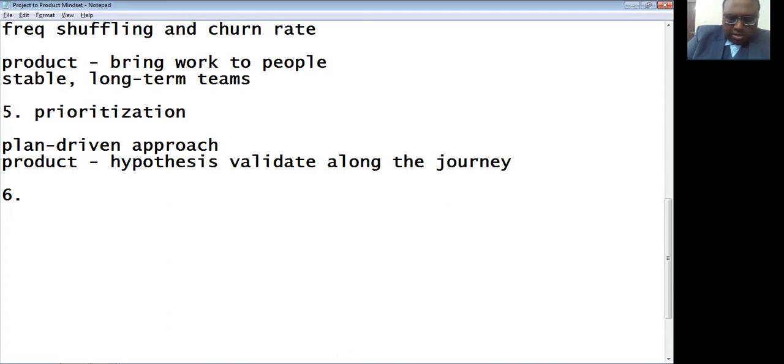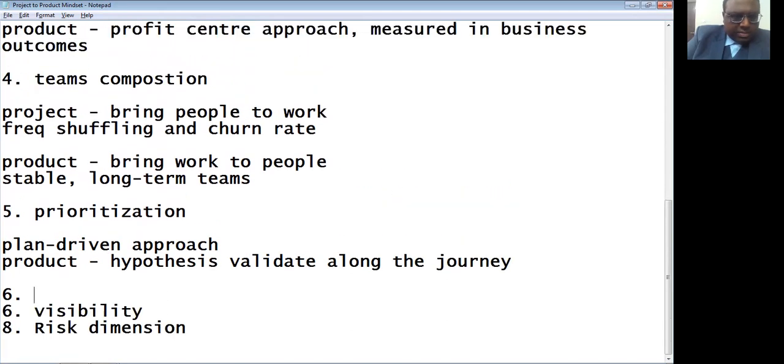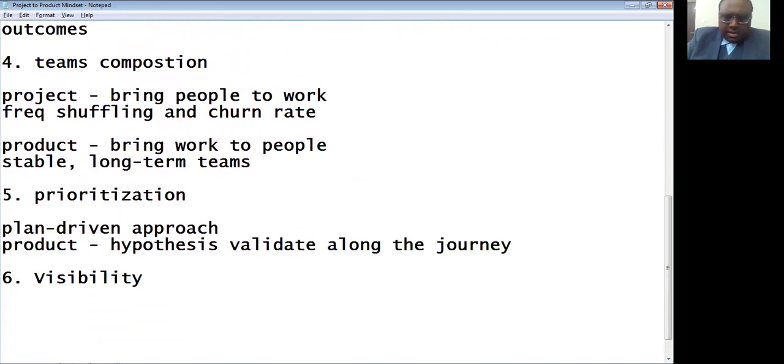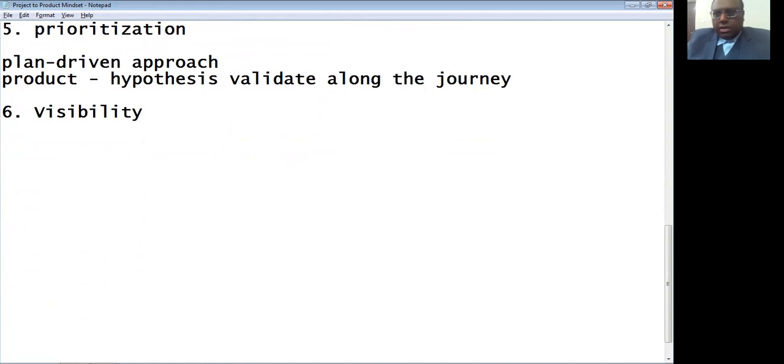Then let's talk about the sixth thing called visibility, in the interest of time. Okay. So when you come to visibility, generally speaking, in your product, believe me, based upon the alignment between business and IT in the past, generally if you are taking visibility, IT is always a black box. IT is always a black box to the business, right?